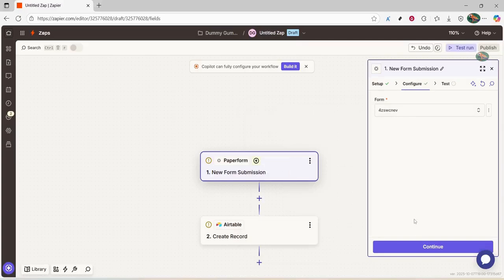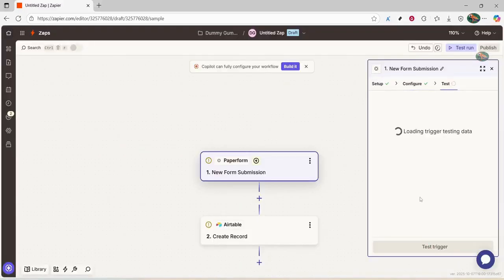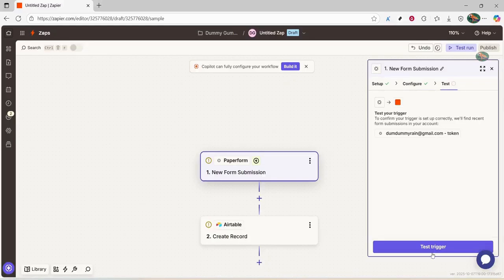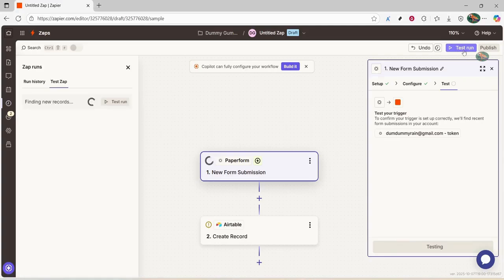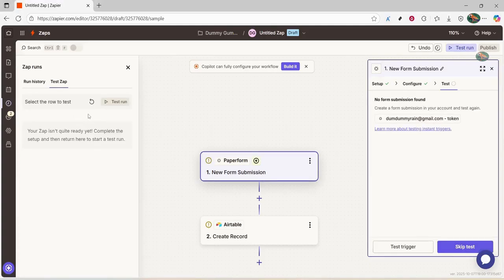This last step automates the whole process, meaning every new submission on the selected Paperform will automatically generate a new record in Airtable. From here on out, your workflow will be seamlessly connected, freeing up time and reducing the potential for human error. And there you have it. With just a few easy steps, you can connect Paperform to Airtable using Zapier, taking advantage of the powerful